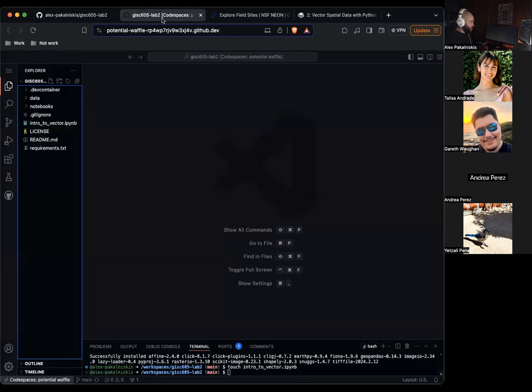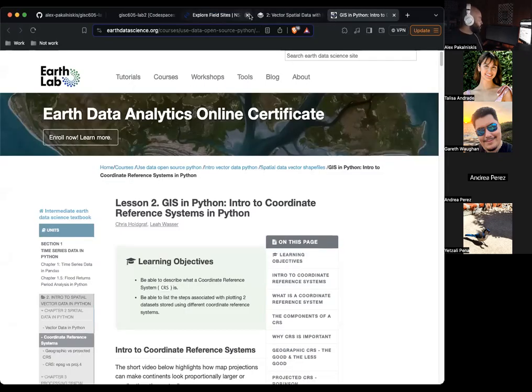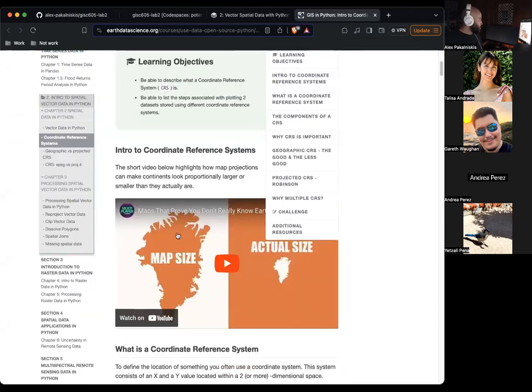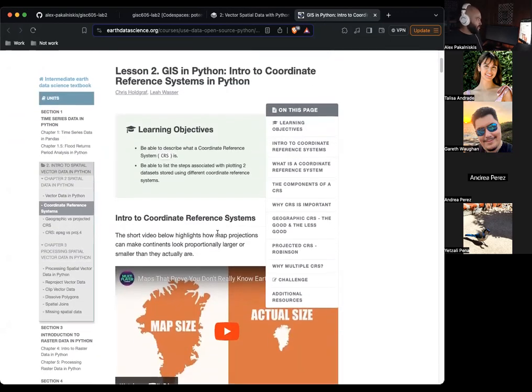Cool. Let's jump into the next lab or sublab. So now we're going to do intro to coordinate reference systems.